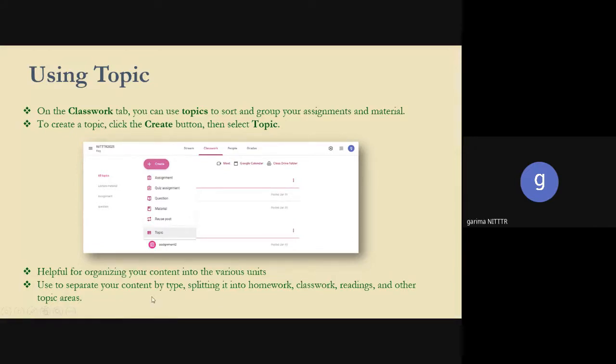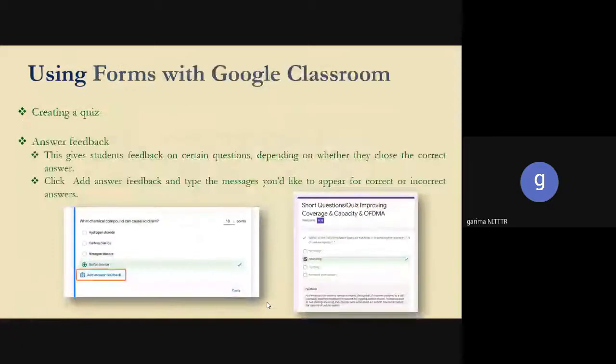Next is Google Forms. We all are using Google Forms nowadays for surveys, for quizzes, and all things on the online platform, where from 2020 onwards, this Google Form was very popular, is very popular in all the fields, you can say.